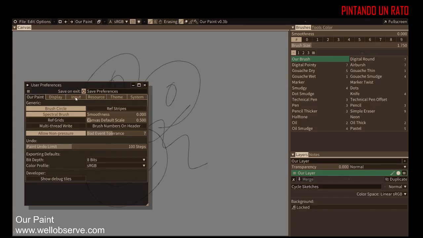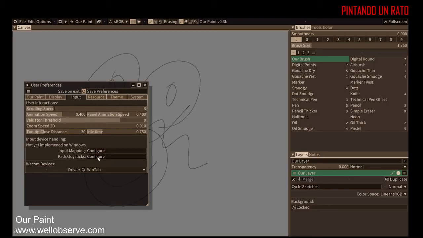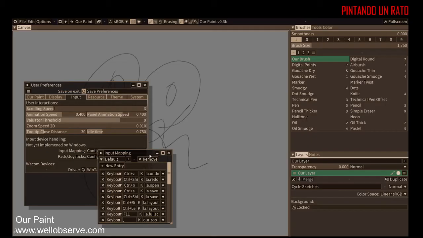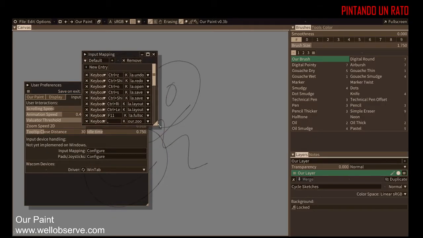One of such was input, and here you have your Wacom devices, your digitizing tablets, and you can have WinTab or Windows Ink. In this case, I am working with Windows WinTab because it supports rotation and pressure on the digitizing. As I mentioned, this is early beta 0.3b, right? Right here in input mapping, you can configure your keyboard shortcuts